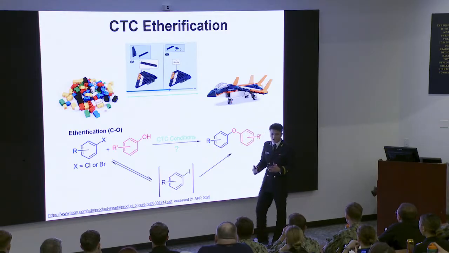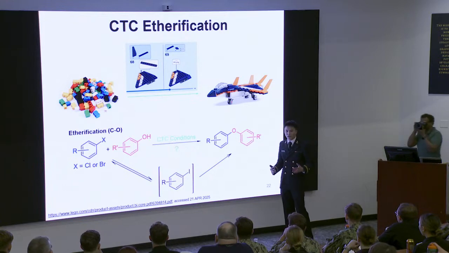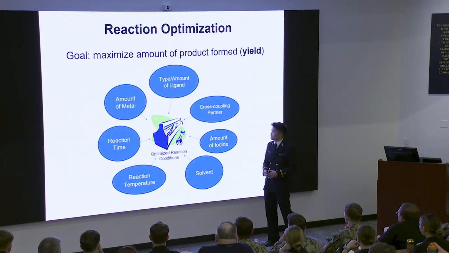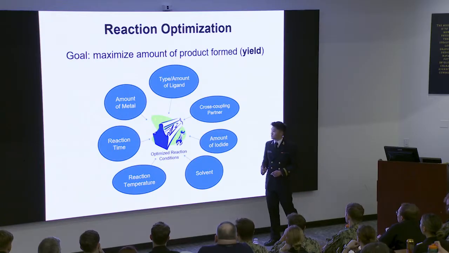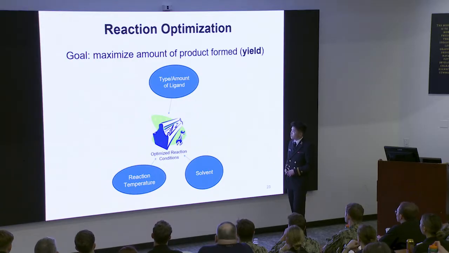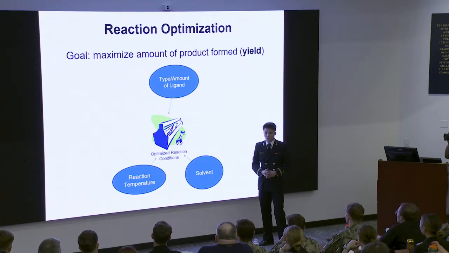What are the optimal conditions that we can run this reaction under such that we can maximize yield without developing side product? To determine these conditions, we utilize a process known as reaction optimization. In reaction optimization, a single reaction condition is isolated and changed, and the effect of that is observed on the product yield. We focused on three reaction conditions: type and amount of ligand, the solvent, as well as reaction temperature in our investigations.